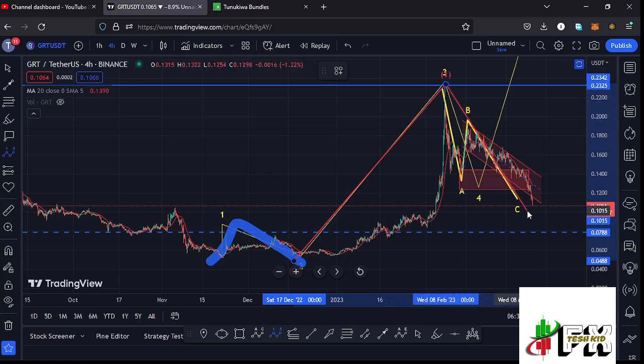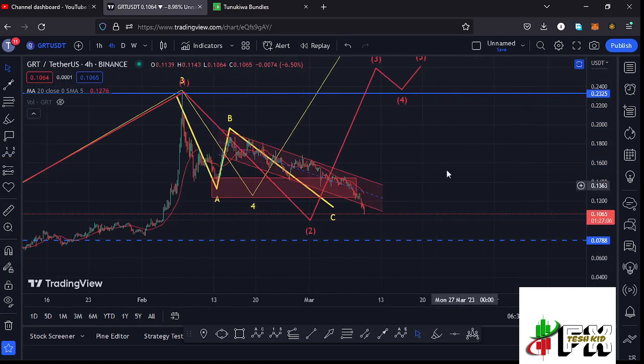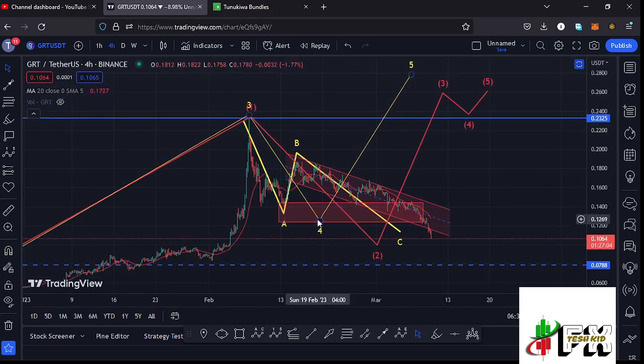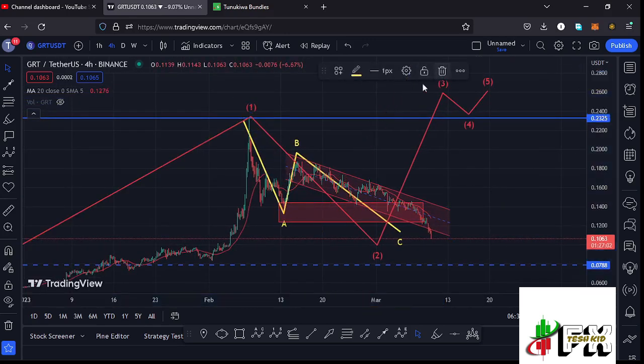And whatever we are seeing at the moment is a corrective structure to the lower side in the formation of that wave 2, before we can continue gearing up in the formation of that wave 3, then expect a wave 4 and then a wave 5 to the upper side. And if that is the case, I can first remove this Elliott structure right here in yellow,